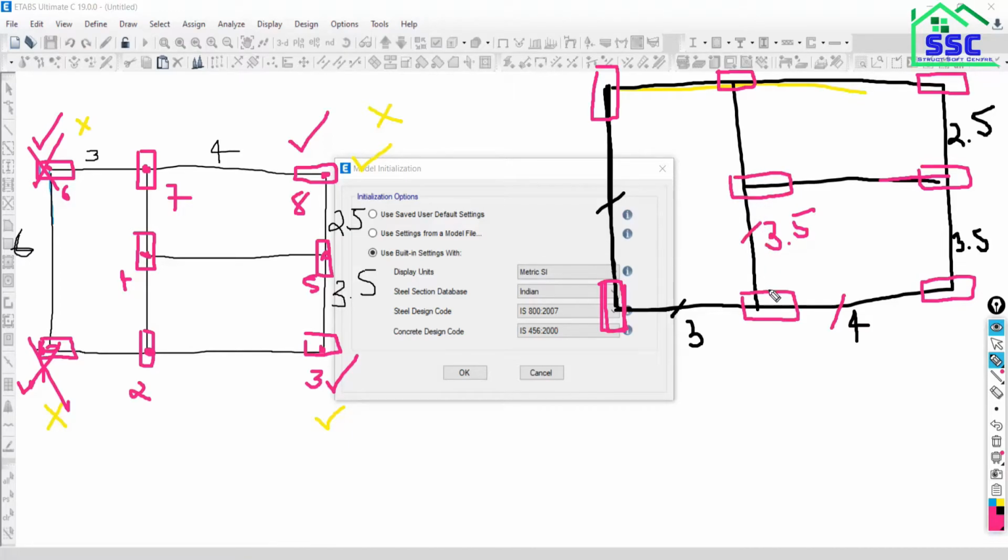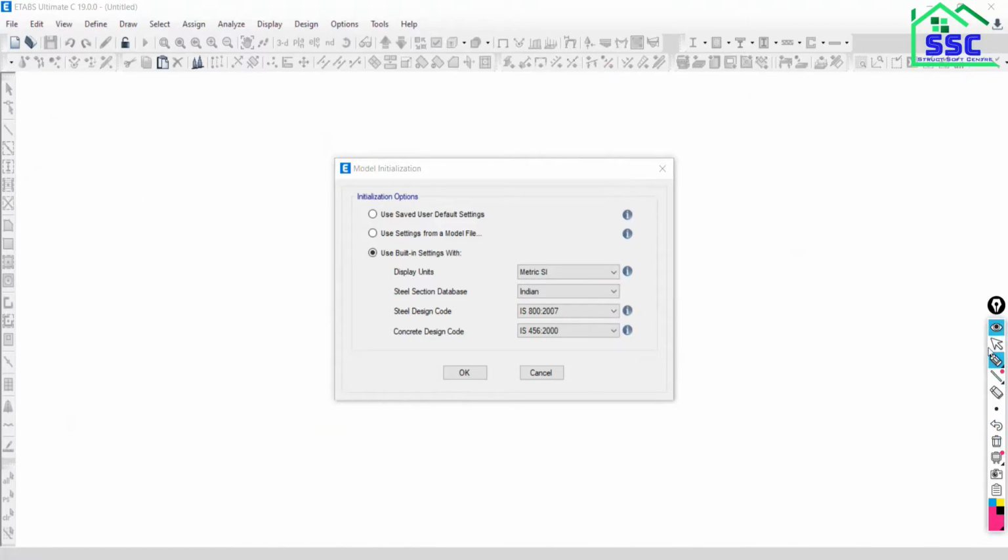And many other factors are there. Based on that you need to change the orientation. But the preliminary consideration is what? Your column orientation should be along the longer span of beam. Have you got this concept? So now the next thing, very important, please concentrate here.